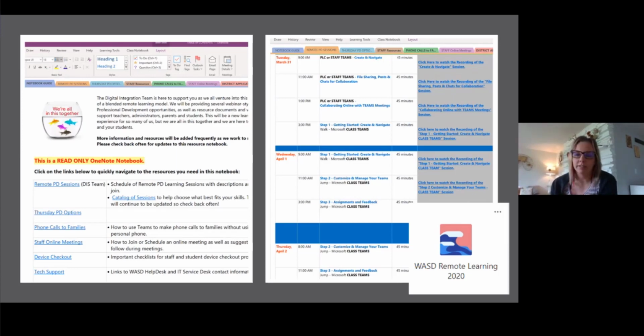Just OneNote in and of itself is a large, robust tool. So we did question, is this the right place? But we figured, based on experience with OneNote, that this was going to be doable. And so far, that's been successful. We have not had a lot of teachers struggle with understanding and being able to navigate the notebook. So this allows us to change links, to add information. You can see sections across the top. These are just things that we're building as we go to help our teachers with what their needs are in the moment.